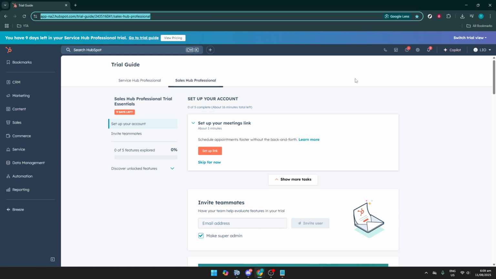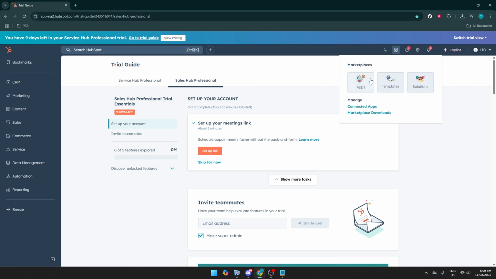Take a moment to look around, and once you're ready, direct your attention to the Marketplace option. You'll find the Marketplace either in the menu bar or possibly a drop-down, depending on your screen. Clicking on the Marketplace is an easy step that opens up a new world of available apps and extensions that